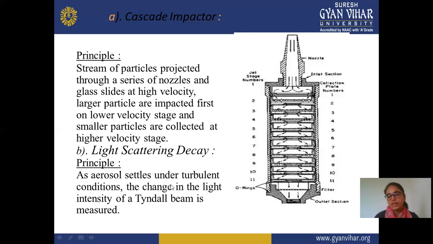It means we are applying a certain light beam, and there may be some light changes when we apply the light onto the aerosol, due to the viscosity or due to the particular formulation condition. So in this condition, when we apply the light, it changes the intensity of the tyndall beam, due to the formulation of your aerosol. And in this, we check or measure how much change is observed in that particular light intensity when we apply the light onto the particular formulation.